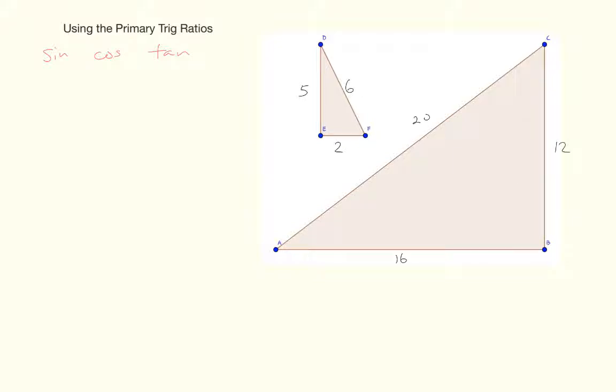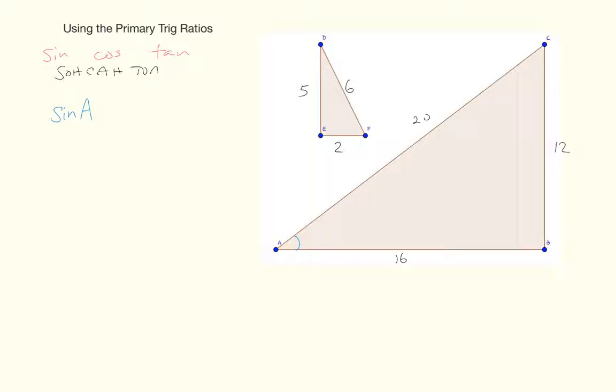Okay, so I've added some approximate dimensions to these triangles, and what you might be asked is, what is the sine of A? Which means that we are being asked, what is the proportion at the angle A? Well, sine is opposite over hypotenuse, so what is the proportion of the opposite side to the hypotenuse side, right? So again, remember